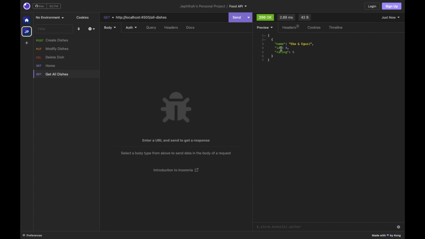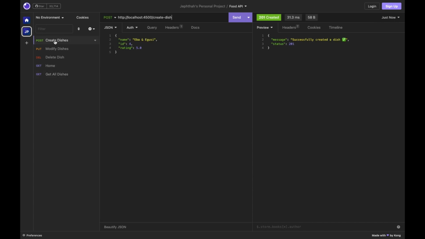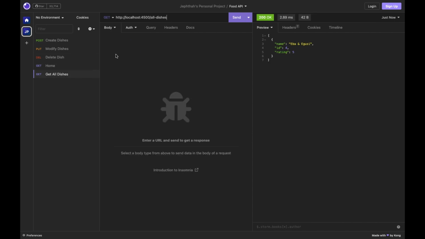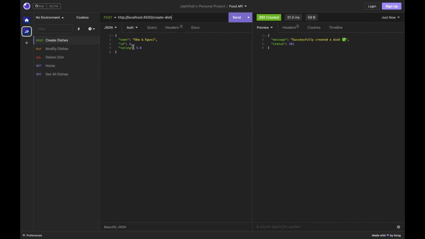So we currently have just one dish, and it's called eba and egusi soup. This is an African meal from Nigeria. In the create dish section, we want to create other dishes. What we have here is an ID of 4, so let's say we create dishes for 3, 2 and 1. I'll call this something else. Call this rice and stew. Alright, and I send that, and I also call this ID 2, and this could be